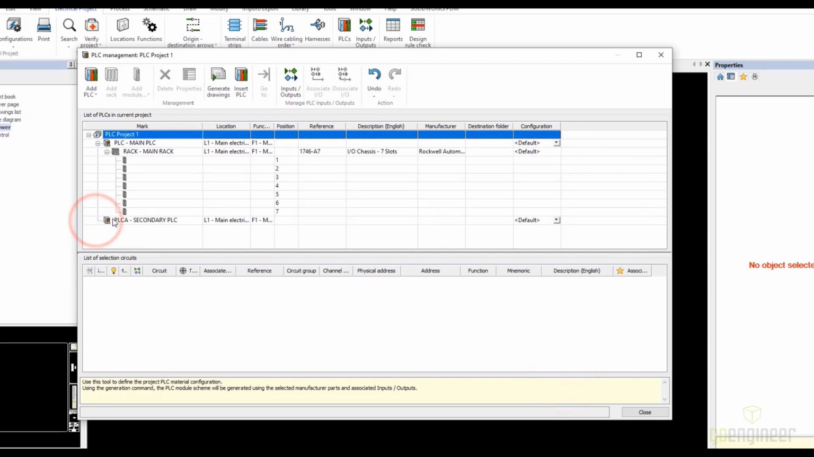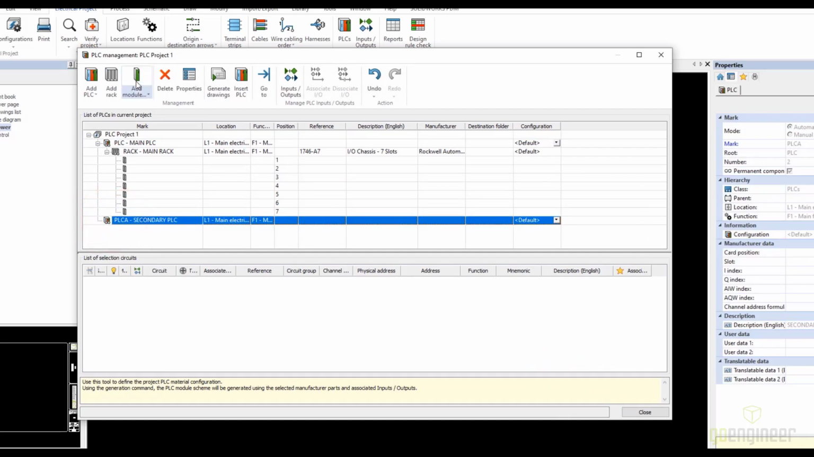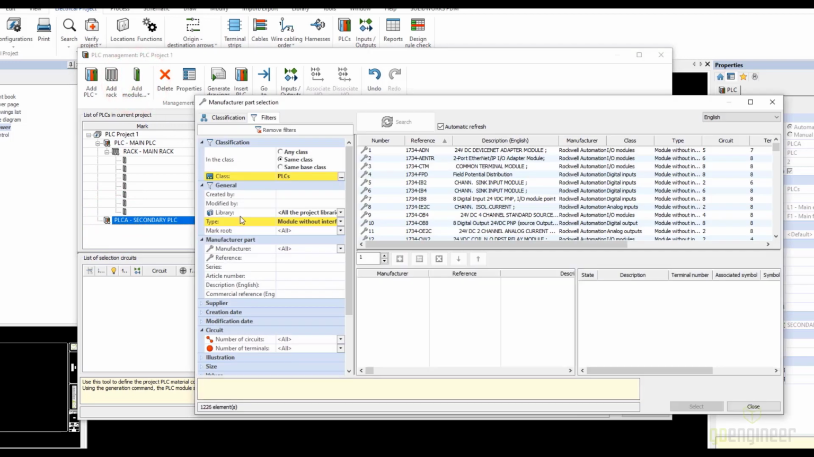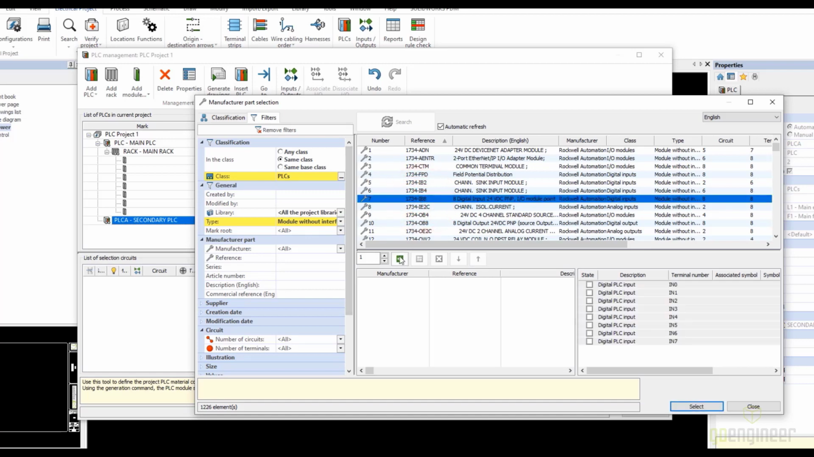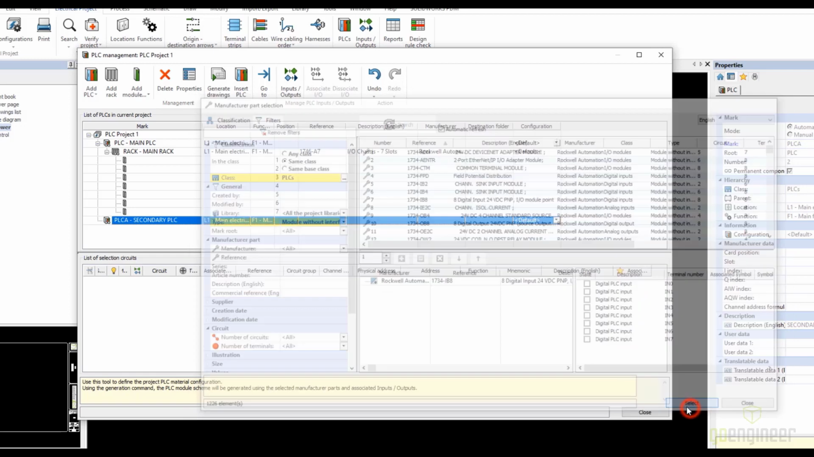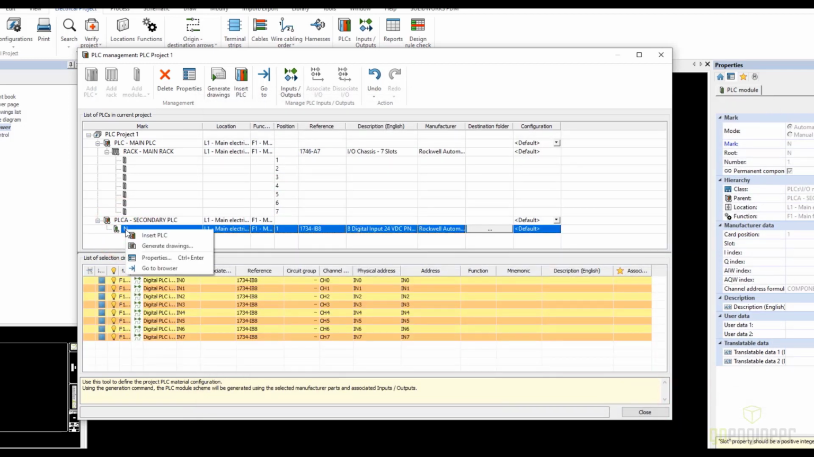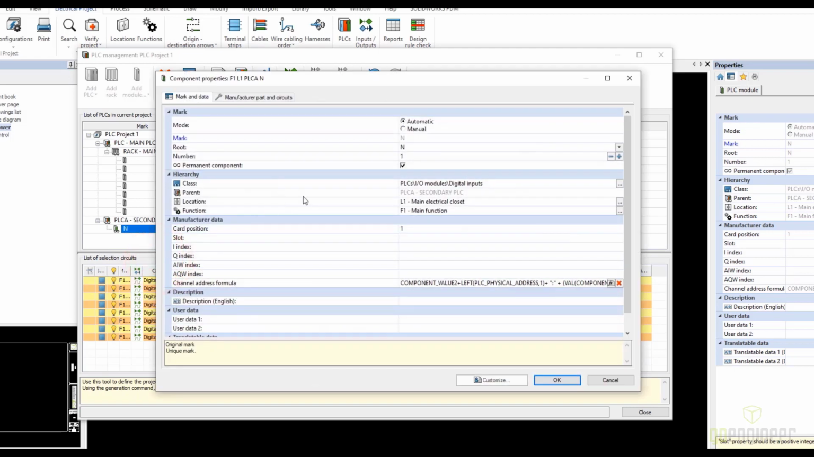Now that I've got this secondary PLC, by highlighting the PLC, I am then adding things like modules. When you classify your devices, you're going to be classifying them with either modules with interface or modules without interface. By adding a module that has a classification of module, you will then get some additional information like down below